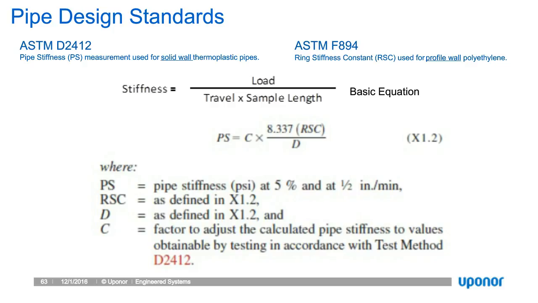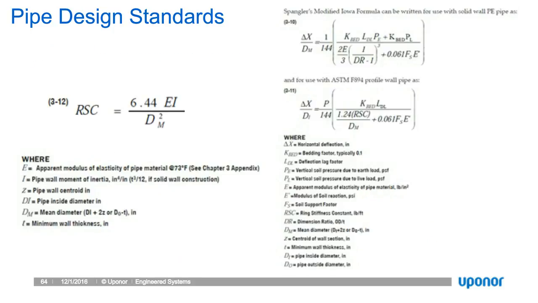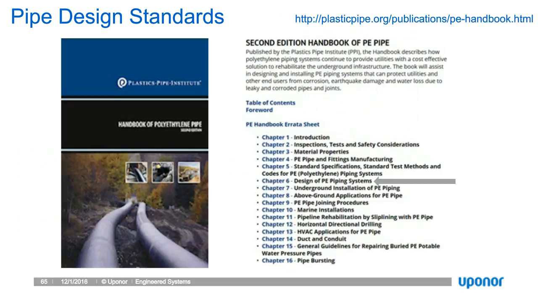But all pipe design is in accordance with PPI, Plastic Pipe Institute Chapter 6, for solid wall and profile wall. And as you can see there, the deflection and performance of that pipe, buckling, strain, they're all based on Spangler's modified Iowa formula. And I encourage everyone to visit the Plastic Pipe Institute if they'd like to understand a little bit more about pipe